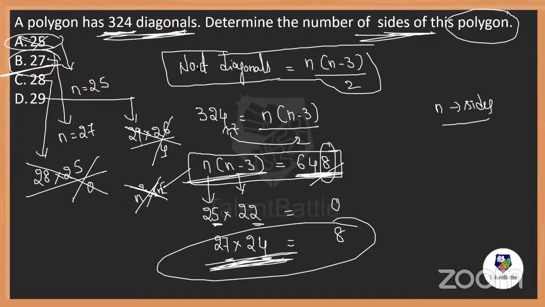Whenever this kind of question comes, the number of diagonals is always equal to n into n minus 3 divided by 2. This is one of the most repeated models. Did you all understand how we solved it? Is it clear? Given the number of diagonals, we identify the sides. So we will move forward to the next question. Whenever the number of diagonals is given for a polygon, you can always solve it like this.